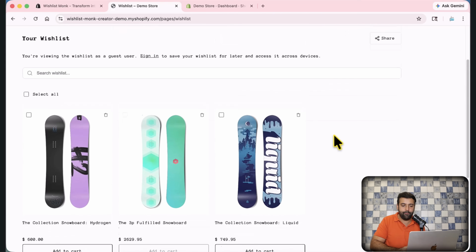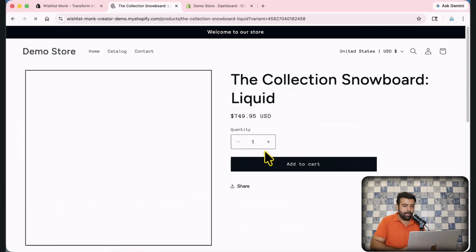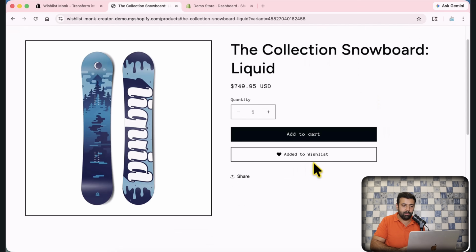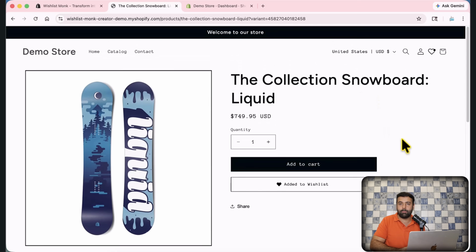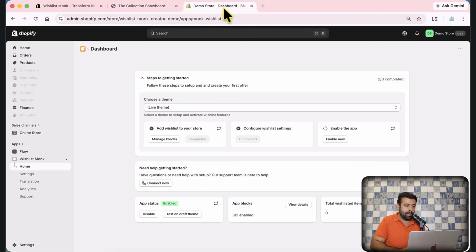And we also have the wishlist button showing up on the product page. You can see it here. And we can also do a lot of customization from the app settings, which is in the backend. So if you open up the app, that's how it's going to look like. And if I click on settings,